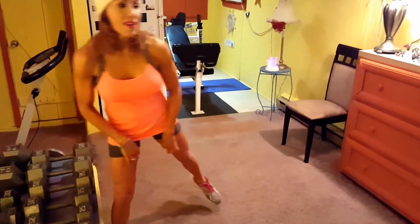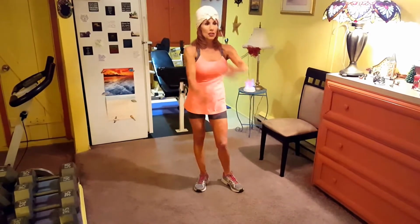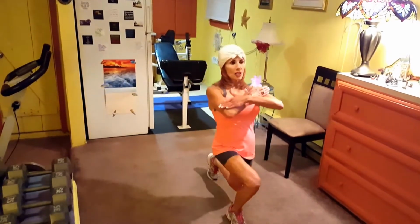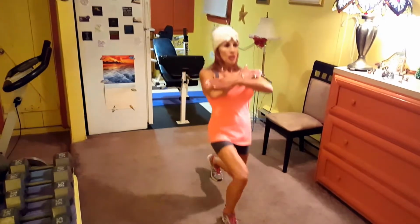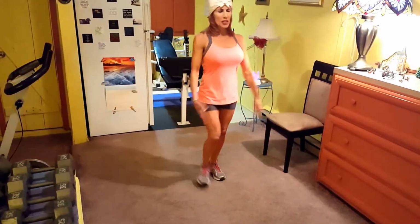So the next one. All right. Next one is called forward lunge. First one's going to be more beginner. I'm going to do a forward lunge, and what I'm going to do, I'm just going to alternate touching my elbows like that. So watch what I'm going to do. Stepping forward, I'm lunging, and I'm switching my arms. I'm lunging. And what you want to do is focus your eyes straight ahead on something,